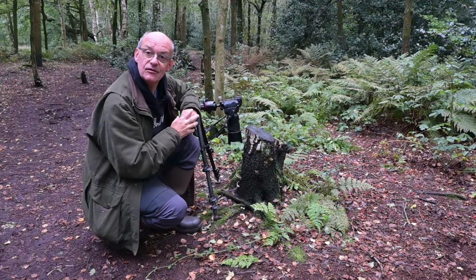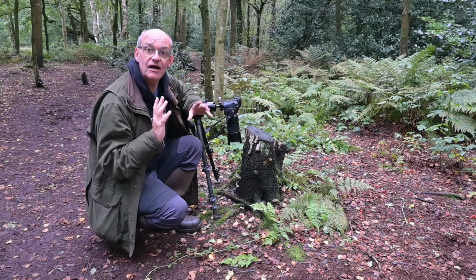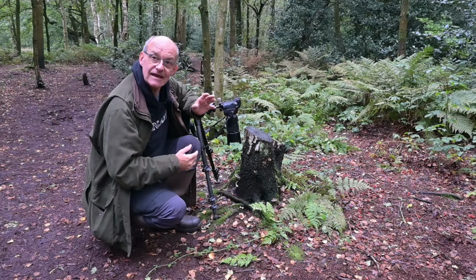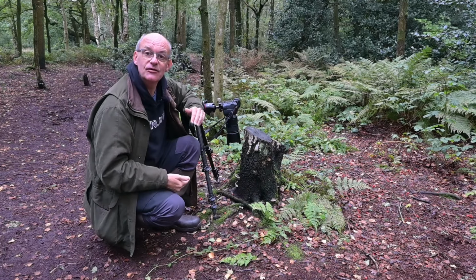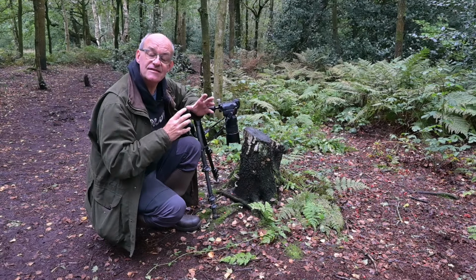Just here on this tree stump there's a little bit of fungi sticking out and I've taken two different photographs using different techniques that I'll be utilising throughout this morning. Now I took one horizontal with the fungi sticking out, and because there was quite a bit of depth of field, what I've done is I've taken a focus stack, so that's multiple images, and I've set the Z8 to